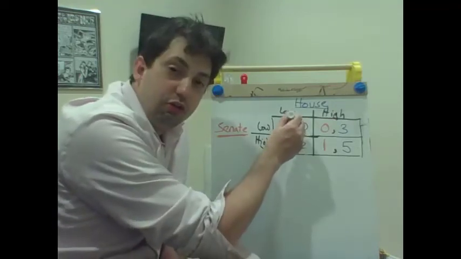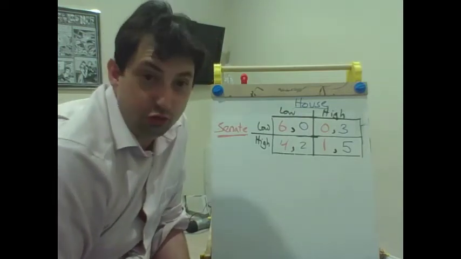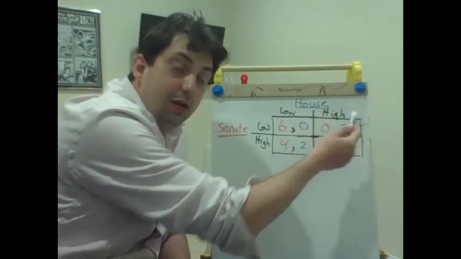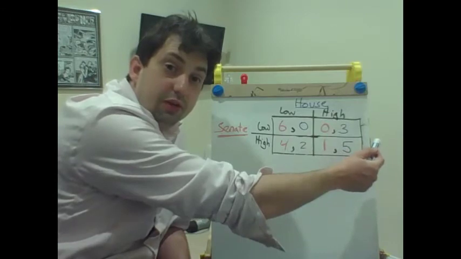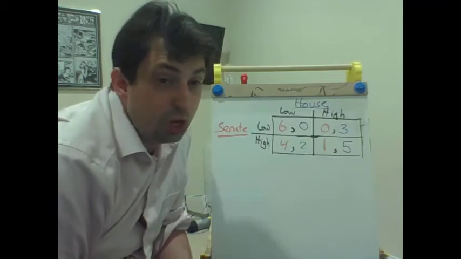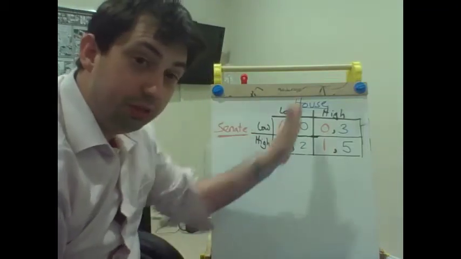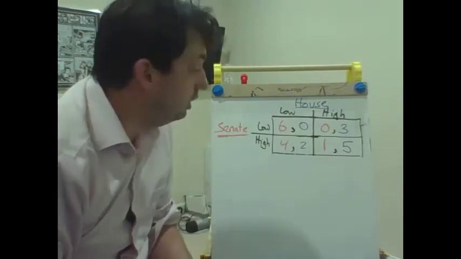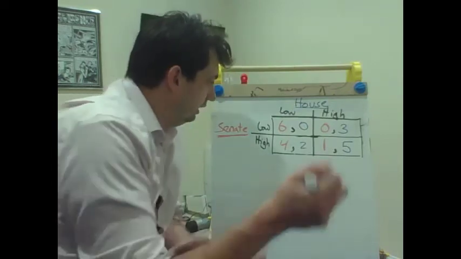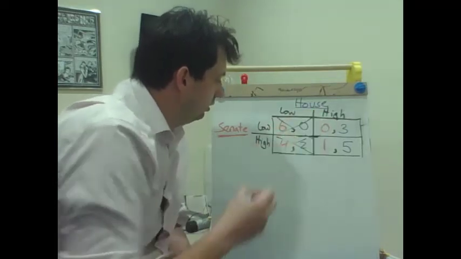So we're here. Does anyone want to change their strategy here? Yes. The House would love to change their strategy. They would love to go from low to high because 0 is less than 3. The Senate doesn't like that. It doesn't want to go from 6 to 0, but I don't care. The Senate doesn't control the column. The House controls the column. So this is also not Nash equilibrium. We can actually even mark these off if we want, right? It's not this one. It's not this one.